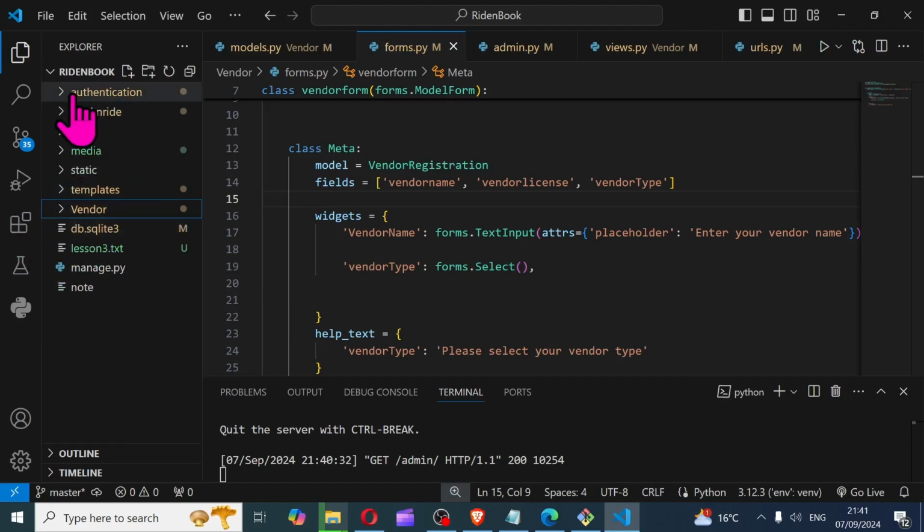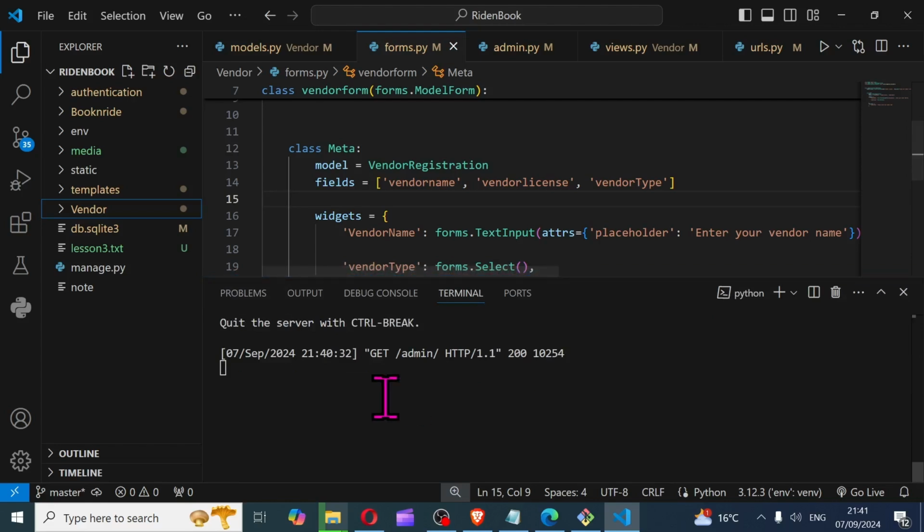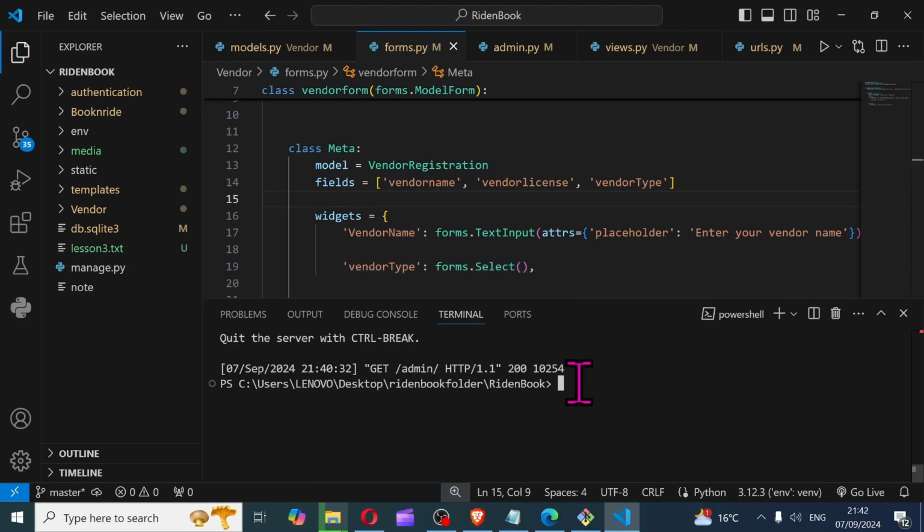So I can put all the code in the same app or wherever I want to put it, but for collaboration and to manage my projects better, you need to segment your code using apps. So now I need to create an app for my driver registration. So what I'm gonna do, I'll come to my terminal here, and then I will simply press Ctrl C to stop it from running, and then I will type python manage.py,